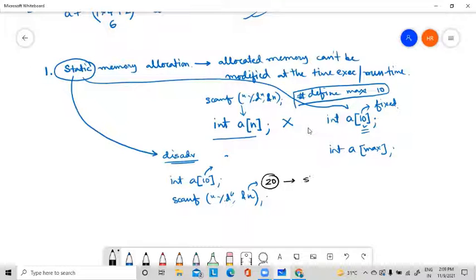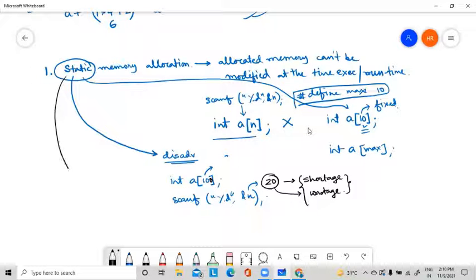This is called shortage of memory. Similarly, to avoid this shortage, suppose I have already allocated memory for 100 elements, but the number of elements the user gives is 20. Then it becomes wastage of memory, because I have allocated 100 elements but am only using 20. This type of thing may happen in static memory allocation.